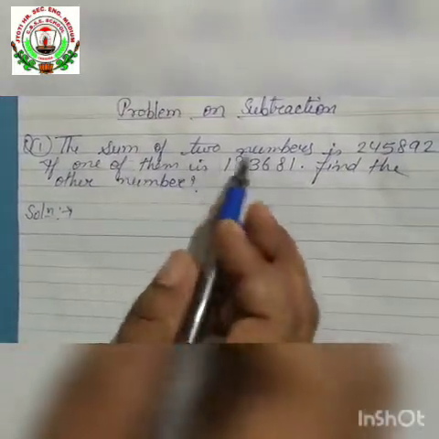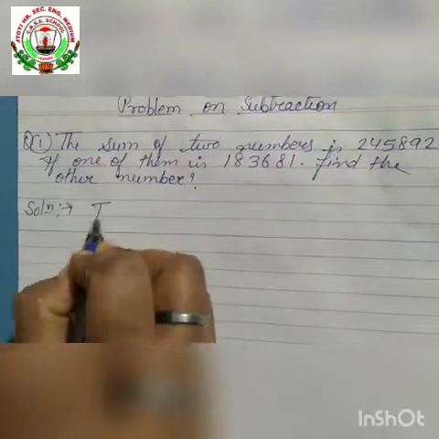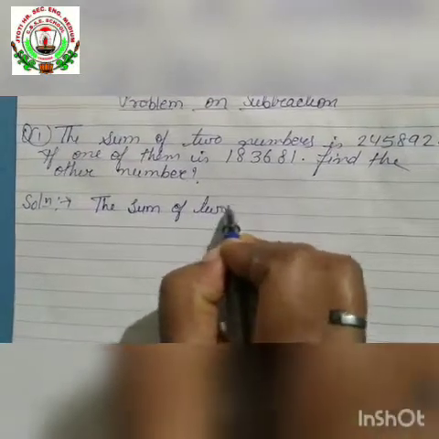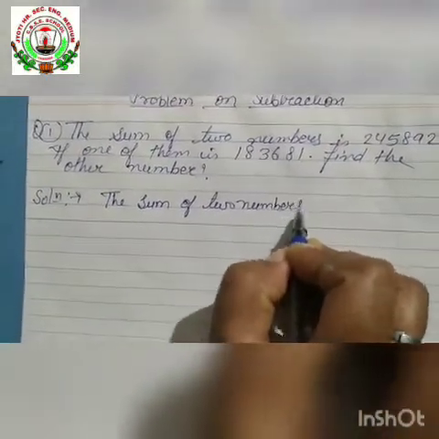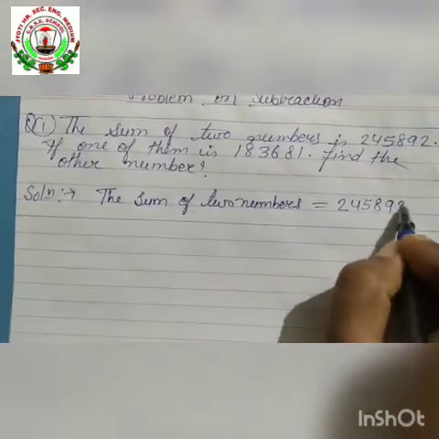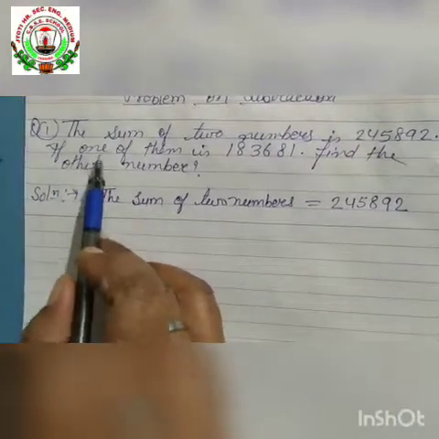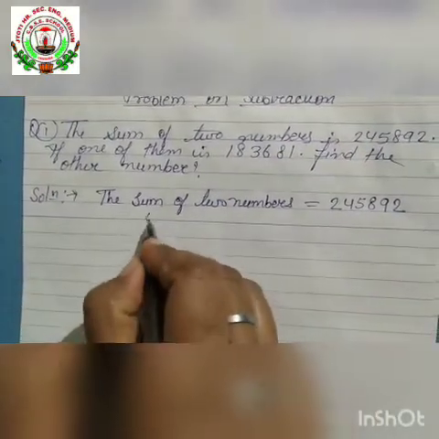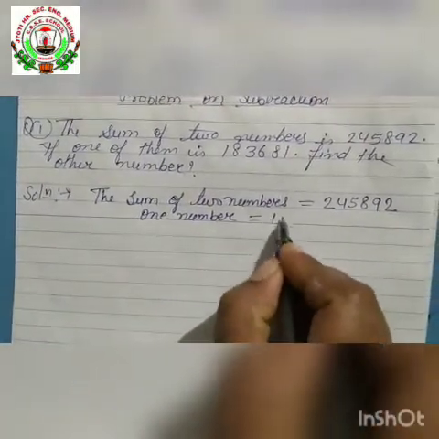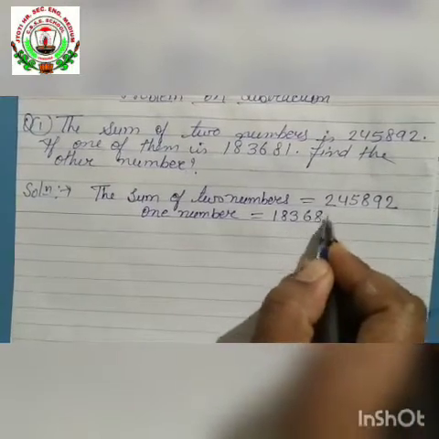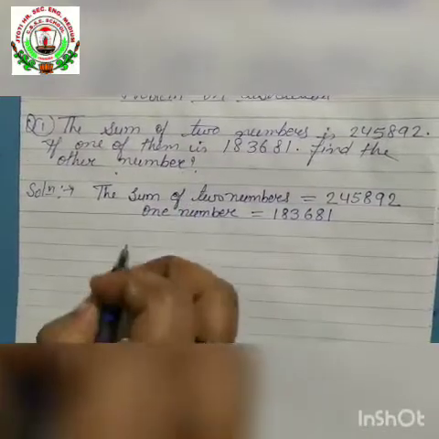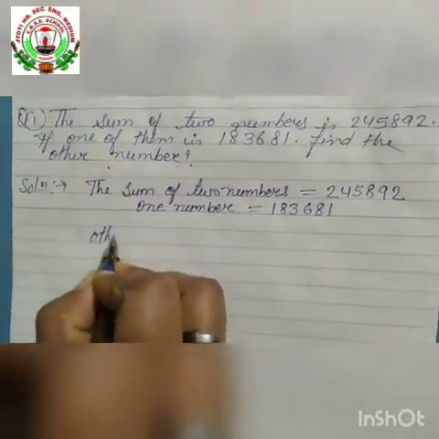In the question, the sum of two numbers is given. First we will write the statement. The sum of two numbers is equal to 2,45,892. One number is also given here, so we will write one number is equal to 1,83,681. Children, we have to find the other number, so we will write here other number